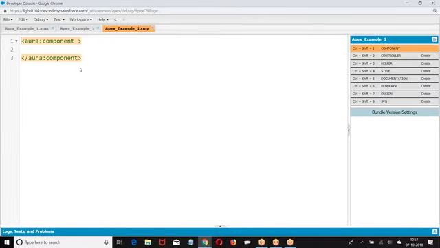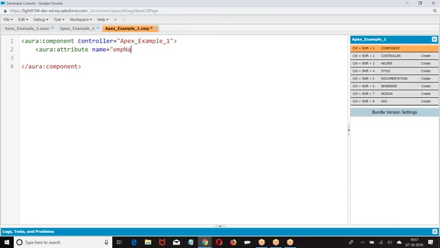If you want to call any Apex class, we are supposed to define controller equal to ApexExample. Then I have an aura attribute, name equal to empName, type equal to string.